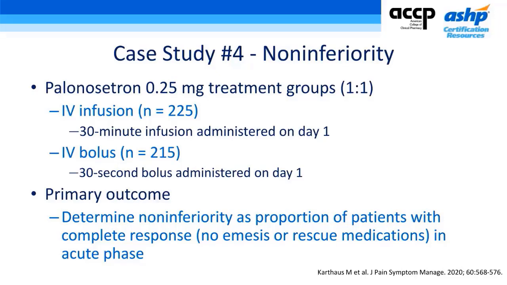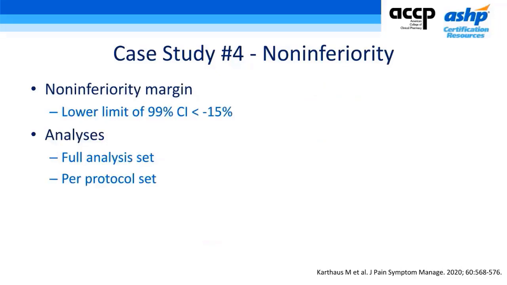The primary outcome was to determine non-inferiority as proportion of patients with complete response in the acute phase. And the definition of complete response that they provided was no emesis or rescue medications needed. They defined their non-inferiority margin as less than 15%. So the lower limit of the 99% confidence interval could not cross minus 15%. They did a full analysis, so they did their intention to treat analysis first, and then also did a per